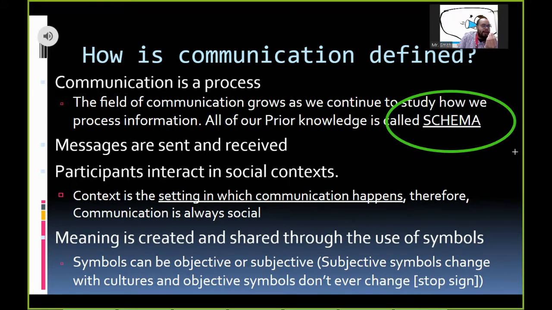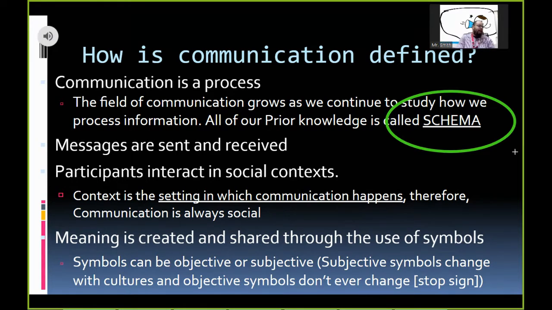Because of that, the context in which that's taking place makes it seem as though we already know what that other person is going to bring to the table. Now, if that other person doesn't speak English, then the context has changed, right? So you have to talk to that person now knowing that they don't speak English.